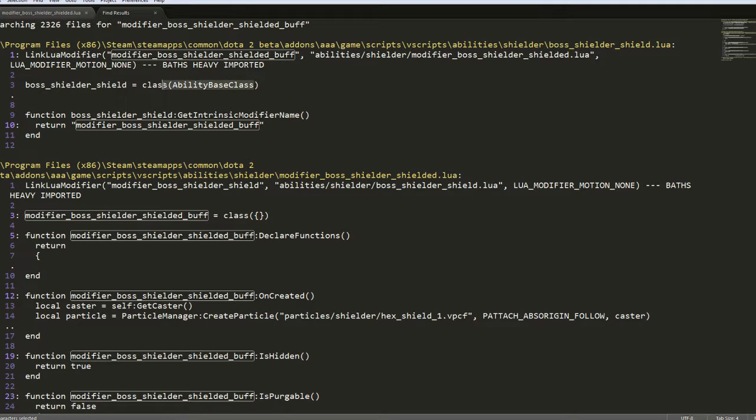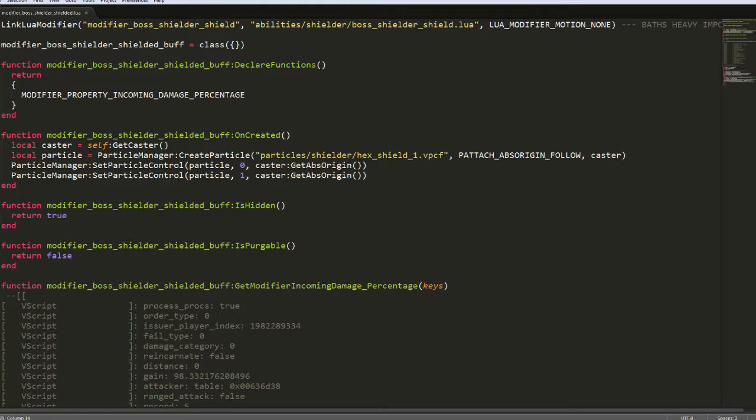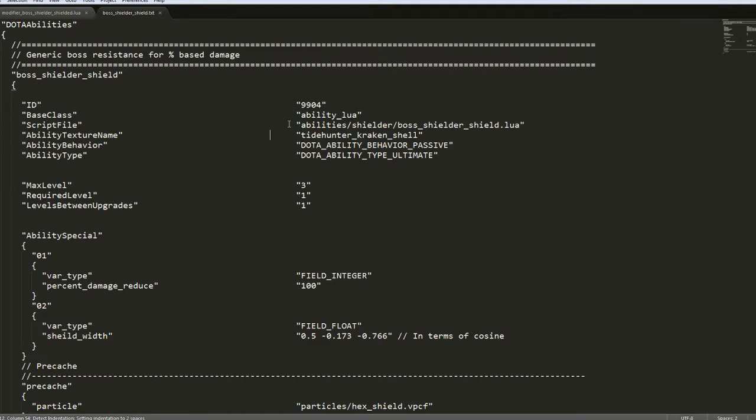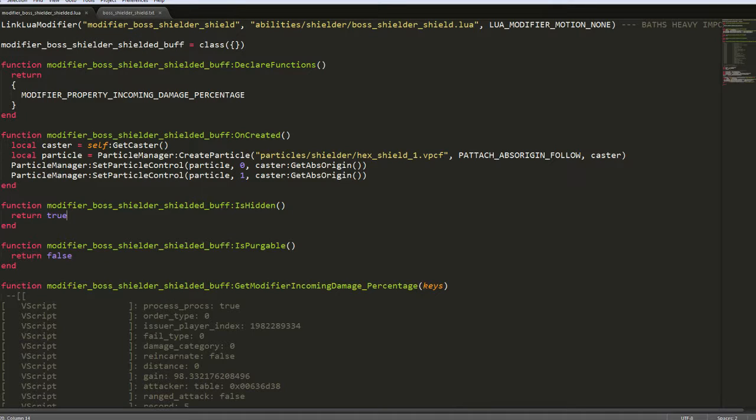Well, I don't know too much about Lua, but I'll tell you this. We know it runs on Shielder because of this. The KV file for Shielder has an ability associated with it right here. So we know that Boss Shielder Shield is going to run, which applies this modifier,